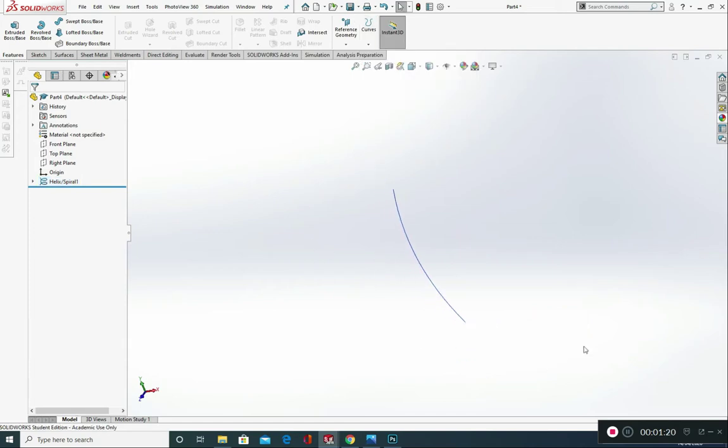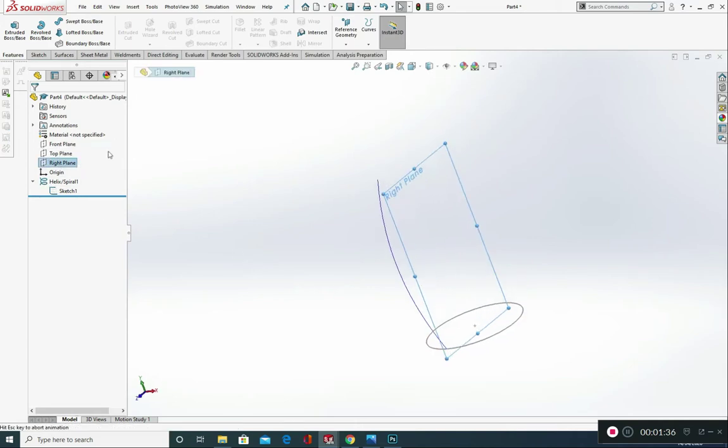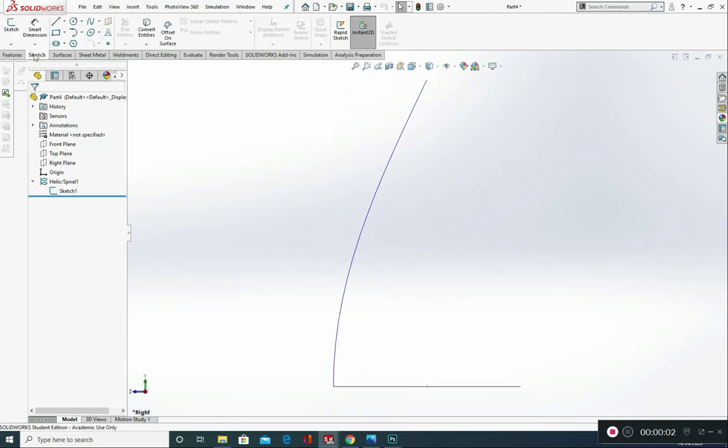You notice that the circle's disappeared. To get that to reappear, just go into your feature manager here, just click on this triangle next to helix and spiral. There's our original sketch. Just left click on that and show. Alright, we're going to go into a right plane now and normal to, and I want you to go to